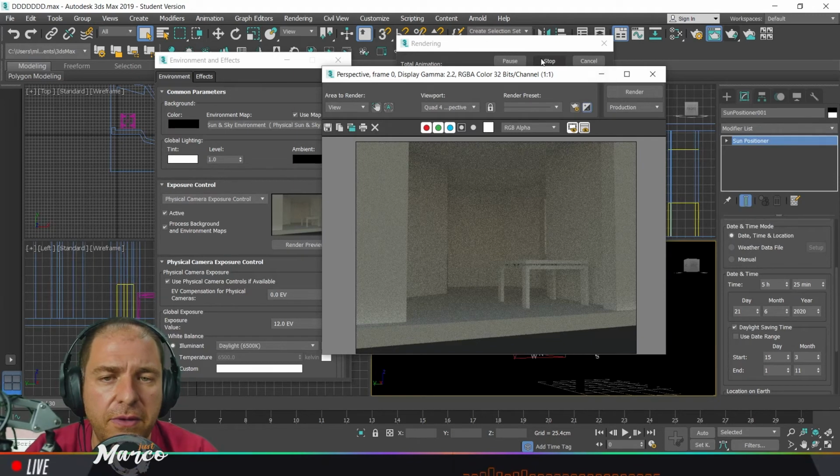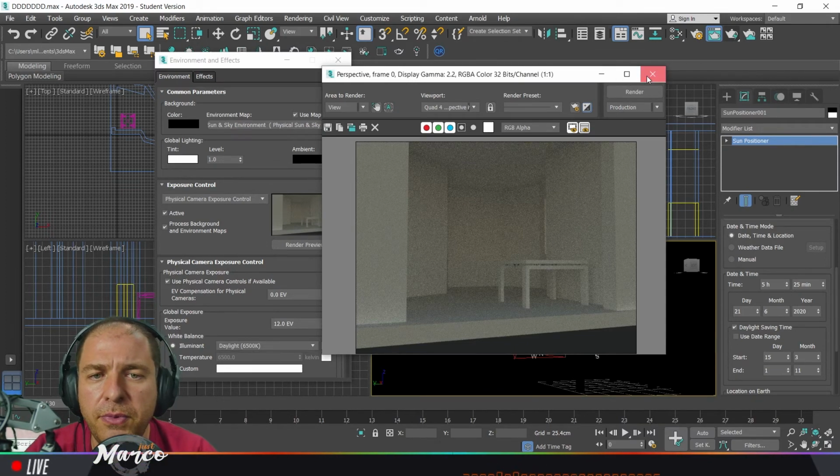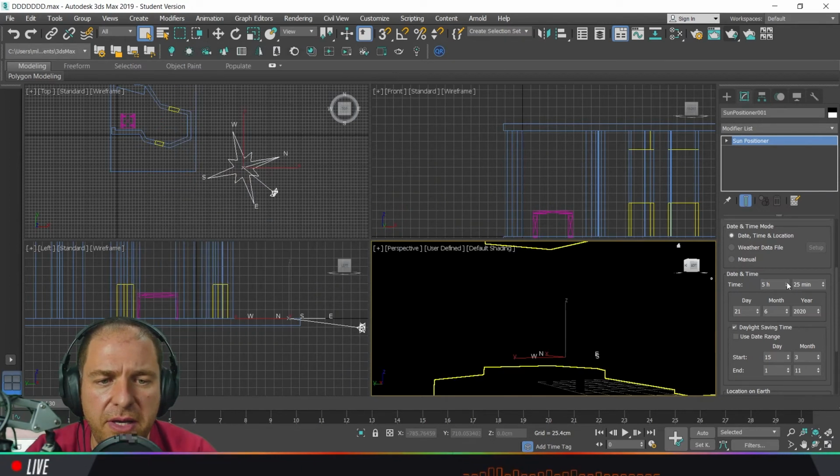So I have both maybe to adjust a little bit the hour of the day so that the light will come through the window. So I will maybe adjust like at